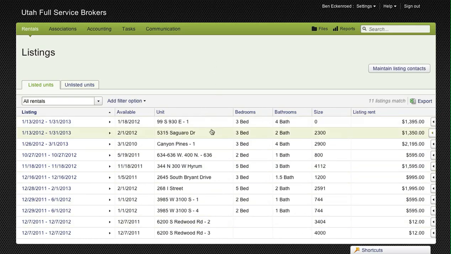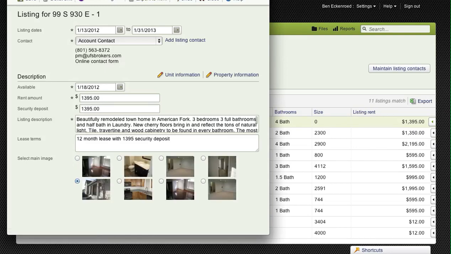Now, it's easy for me to say, oh, for a phone call that comes on this first property, for example, it's a 3-bedroom, 4-bath house. Unfortunately, we don't know the square foot yet. We'll have to get that. And here's the price. I can even click on the listing information and have a window that opens up